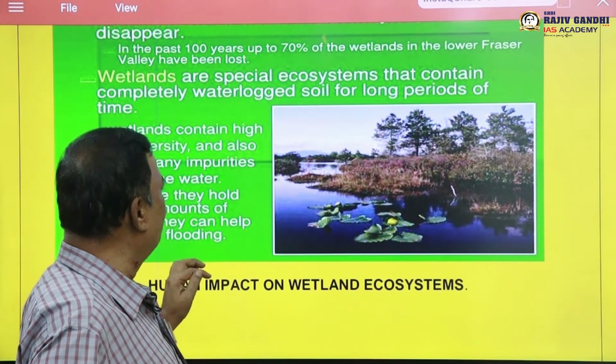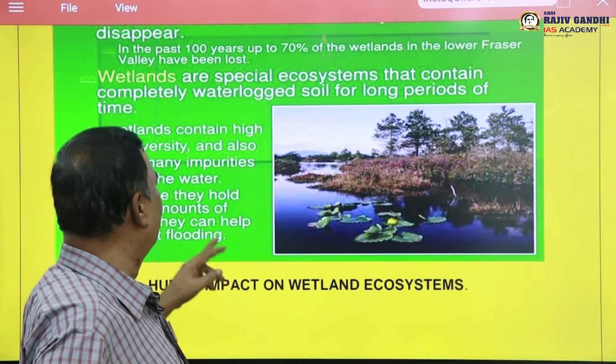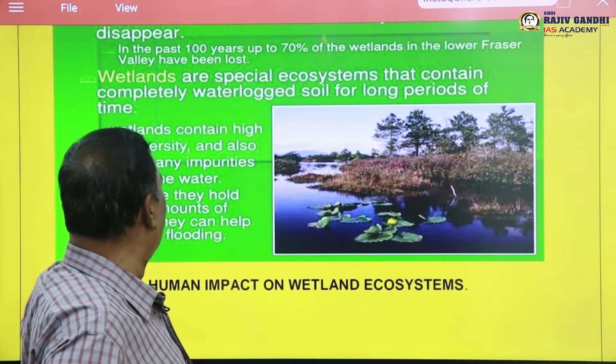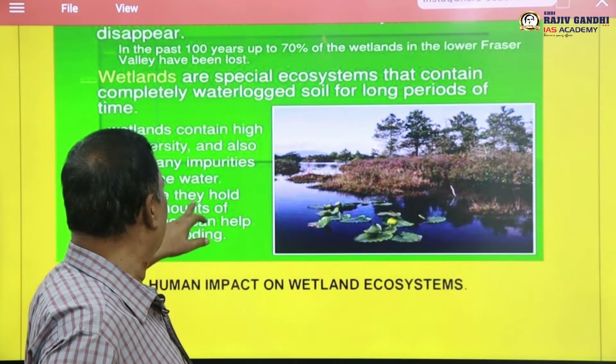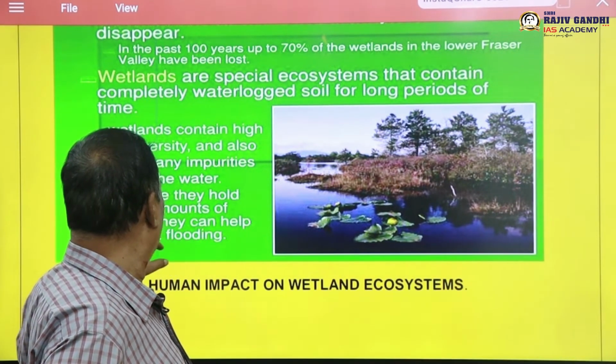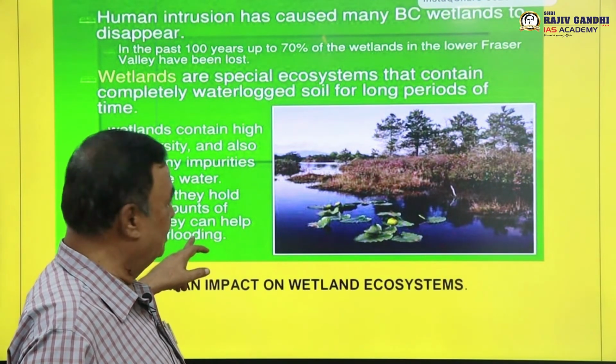So that variety is more in wetlands than in other areas. Therefore, it is more important. And also filter many impurities out of the water. Because they hold a large amount of water, they can help prevent flooding. So that is why